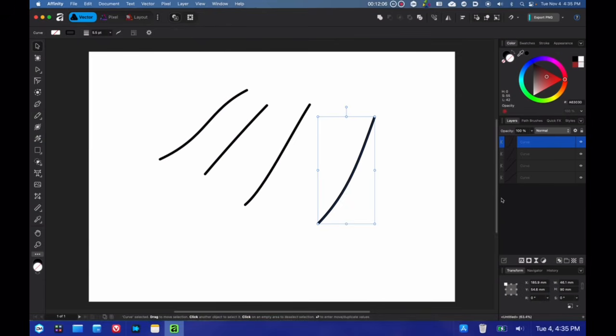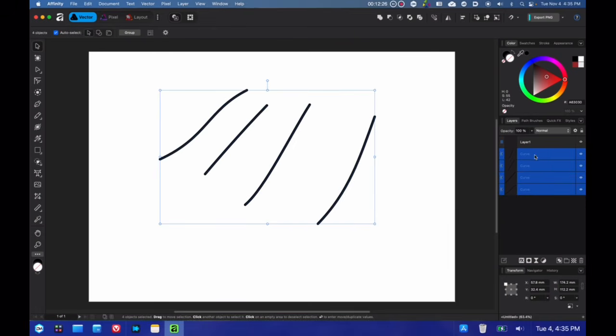So if we take a look down here, there are different layer types: there is a container layer, which is the same as a parent layer, groups, and pixel layers. So I'm going to create a container layer, and now I'm going to select this curve, hold shift, select the last one, so all these are selected, and then just click and drag them right into the container layer.